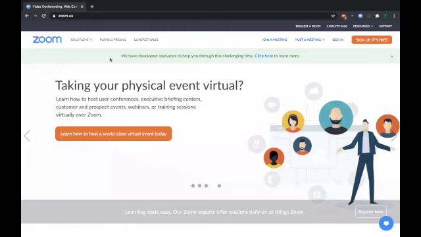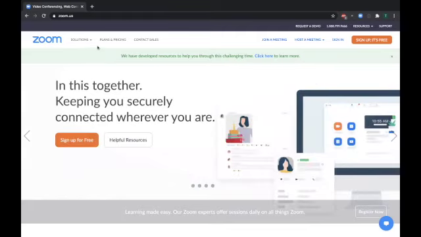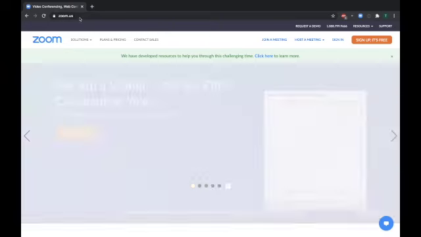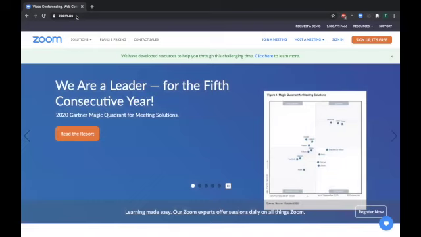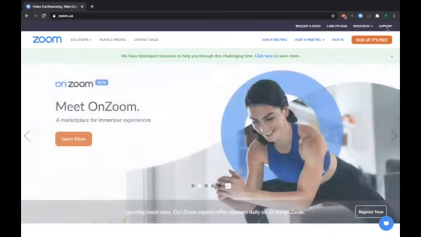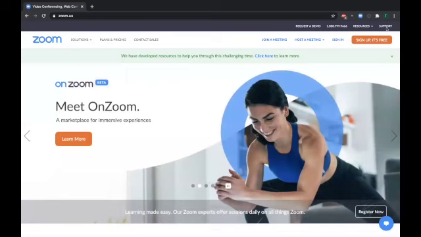Let's take a look at how to grant Zoom permissions on a Mac. First of all, start by going to Zoom US, which you can find by typing in zoom.us in the address bar in your favorite browser. When you get there, you'll find the Zoom homepage, and on the right side of the menu bar on the top, you'll find support. So click on support,